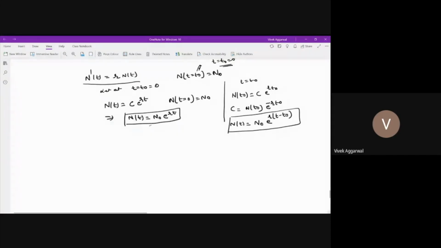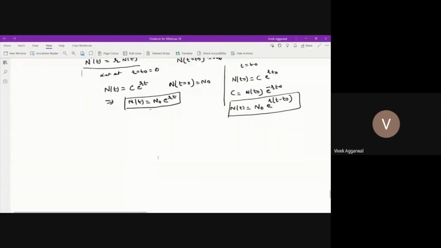Once we understand these things, we can solve even complicated mathematical models like SIR models and other highly non-linear models, where it is very difficult to get the analytical solution. In those cases we are left only with the numerical solution. That's why numerical solutions are important.